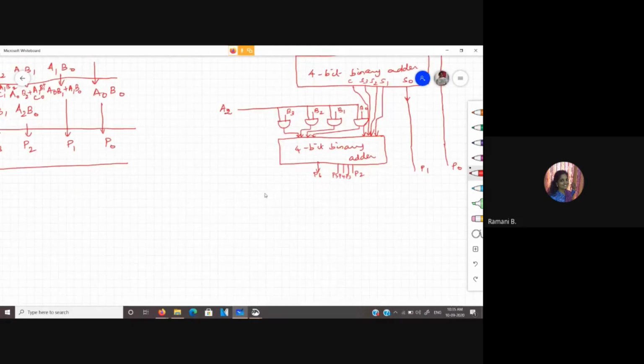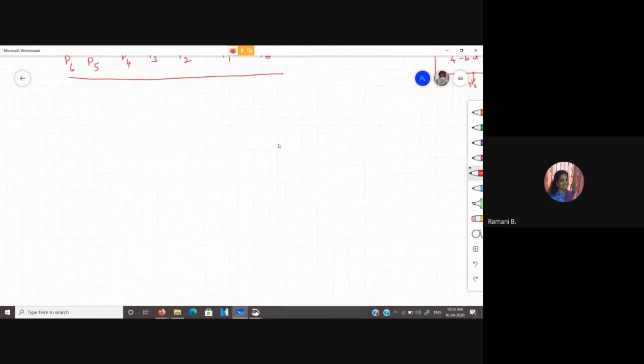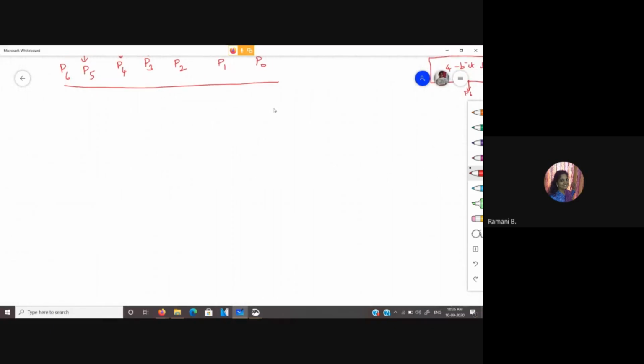Next we will see the magnitude comparator, another combinational circuit we generally come across. What are the possible outputs if you are comparing two numbers A and B? True or false?